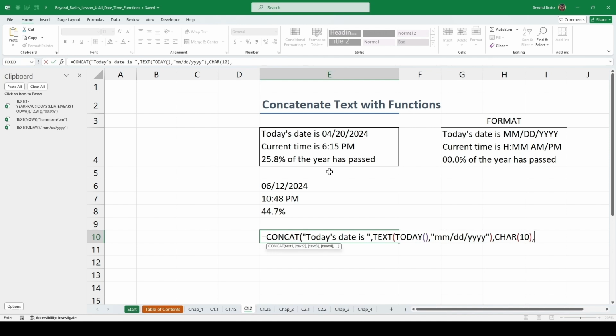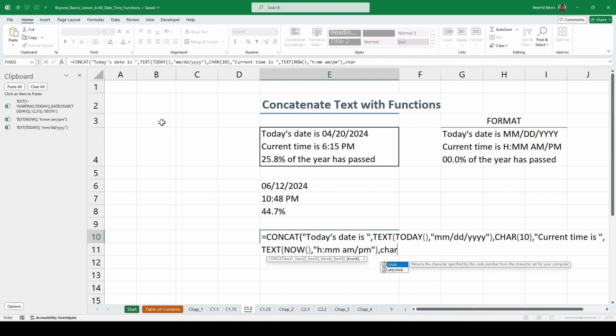Next, we need to type in the text "current time is ", close it, comma, to move to the next part. Now you will paste the function which contains the time, comma. Now once again, we will add the line break,